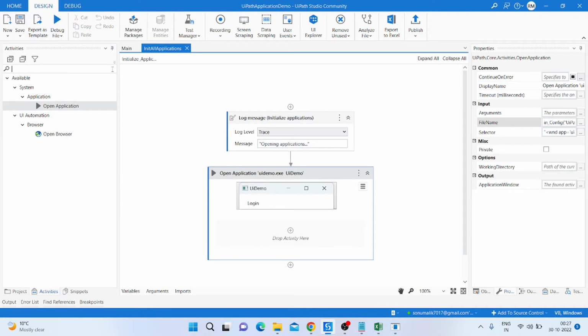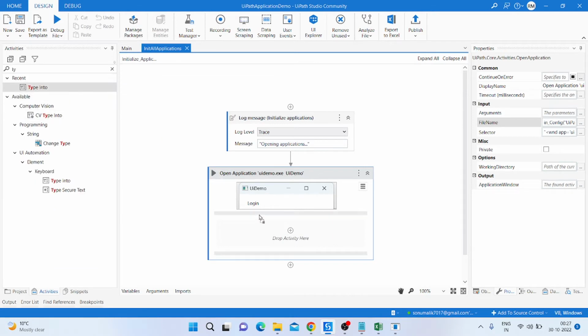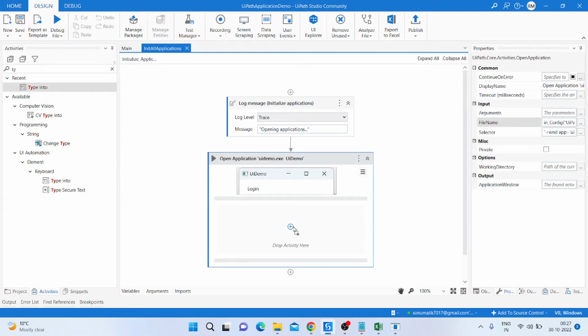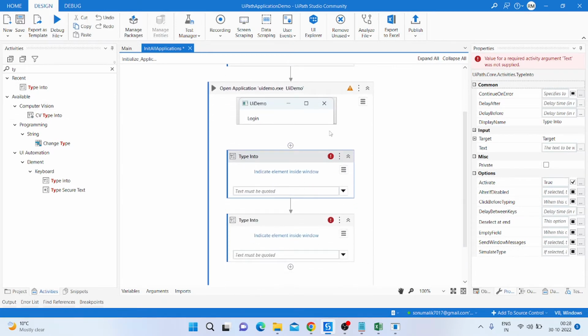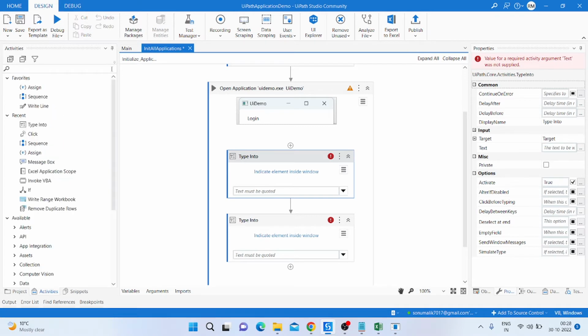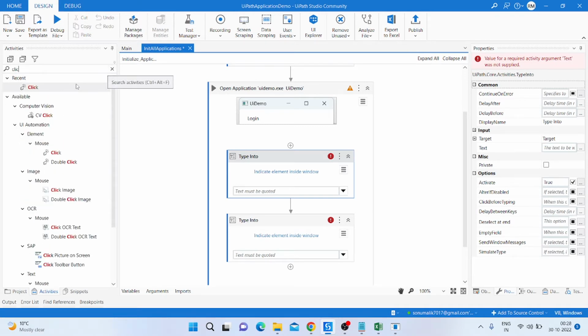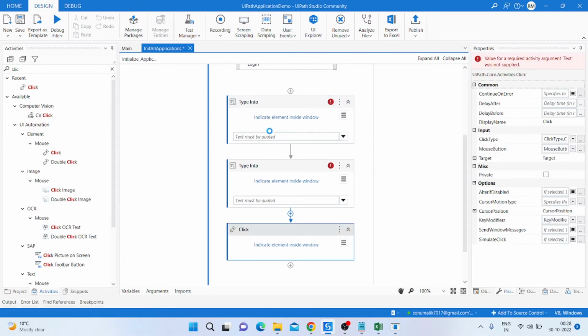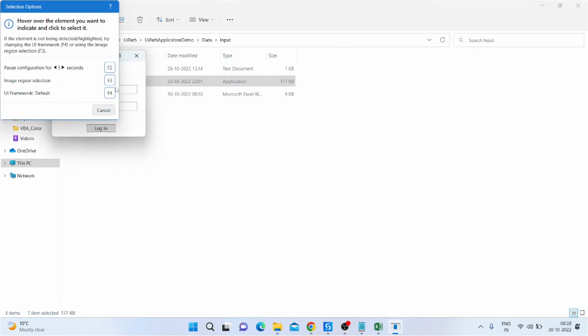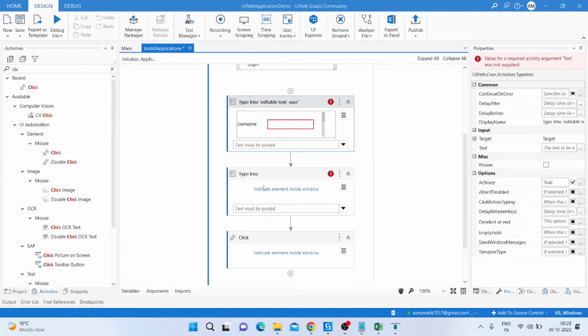After that we take two Type Into activities, one for the username and second for the password. And after that we need a click activity to open the application. So I take the click activity here and indicate on the username,